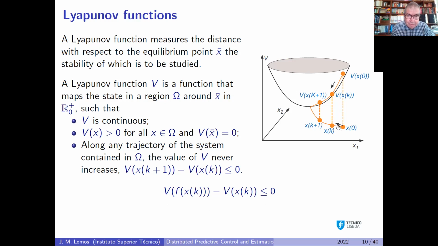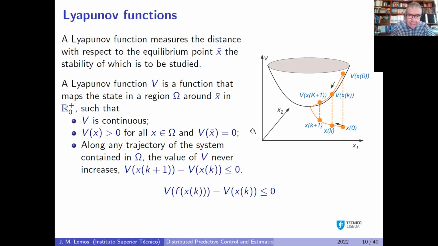If they are negative, you will have to approach the minimum. Okay, that's why I say that V is a kind of measure. The larger the V, the farther away you are from the origin. Okay, and if V is always decreasing,